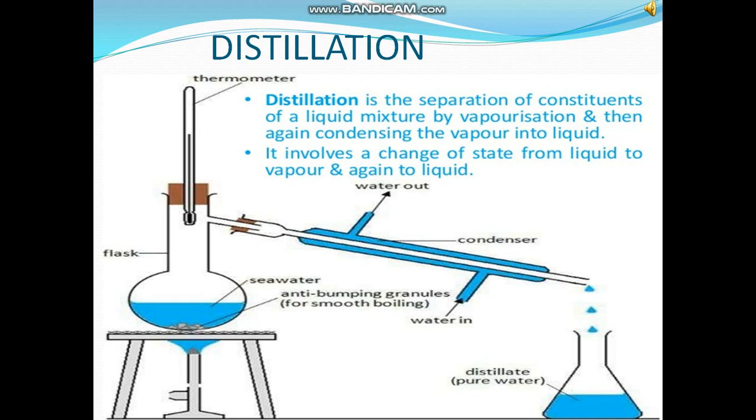In this method, first water is boiled and impurities are left behind, then those water vapors are cooled with the help of a condenser to get water. And you can see in the picture, first water is boiled, these water vapors are then cooled through a condenser, and then they become water and it is collected here. This is called the pure form of distilled water, and it is used for medical purposes also.